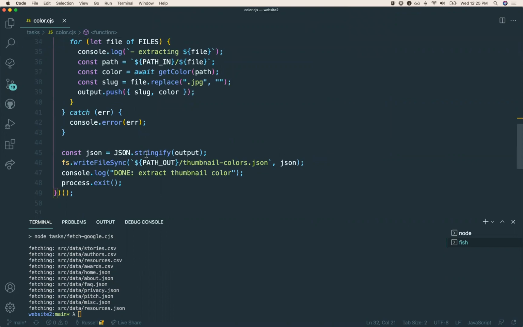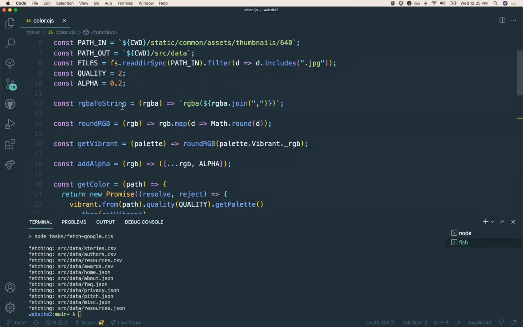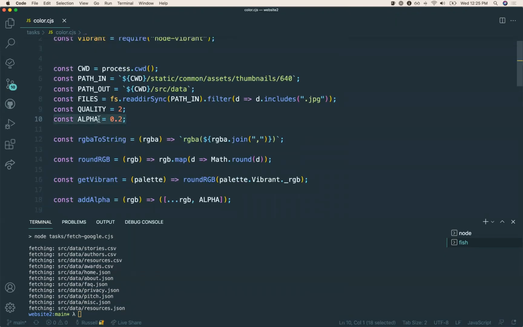After we switched over to doing the opacity, I was like, we could do this stuff on the front end. I figured we could